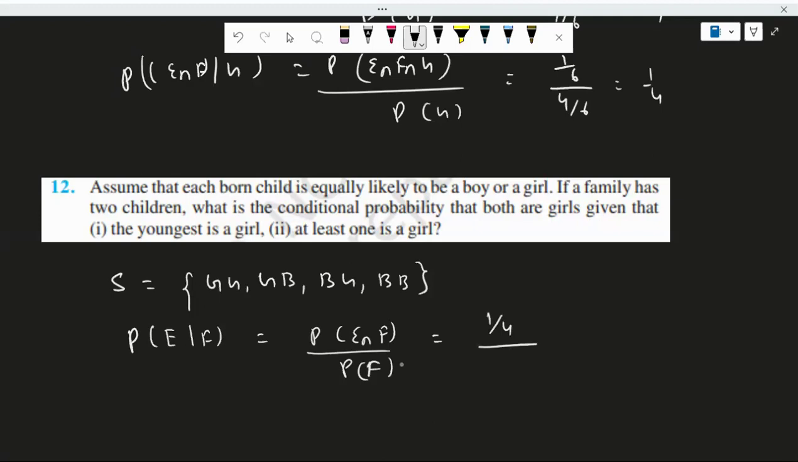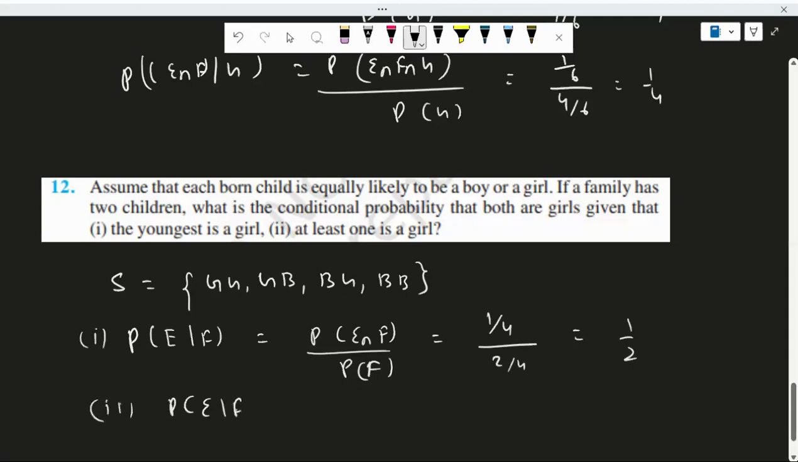Divided by P(F), where F is youngest is a girl. The youngest is a girl, we have two cases. So that will be 2/4. Answer is 1/2. This is the first case. Second case,